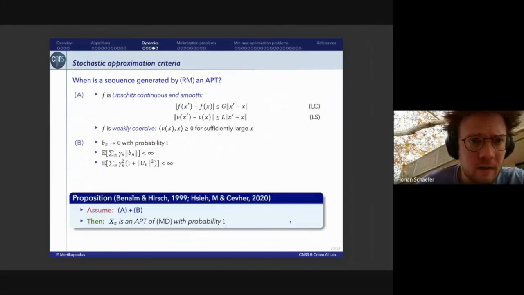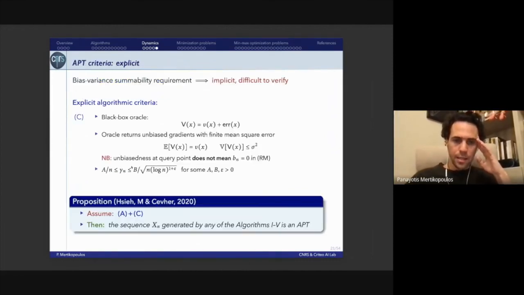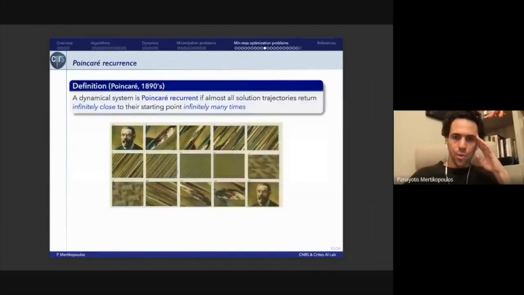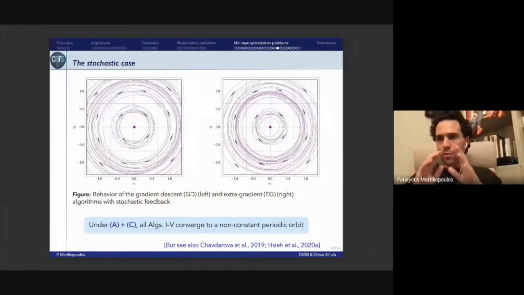Exactly. Condition B here implies that the step size is square summable, and this is satisfied by this type of step size. Square summability. All right. I see. Exactly. I want to be clear that this does not account for constant step sizes, because if you're running any stochastic algorithm with a constant step size, you know that it is